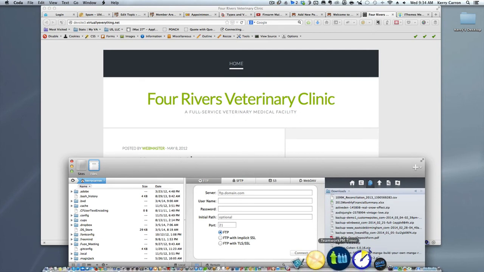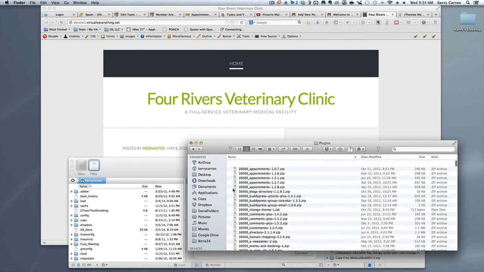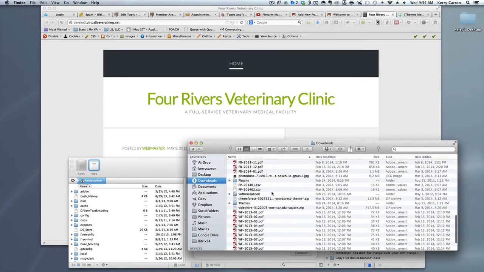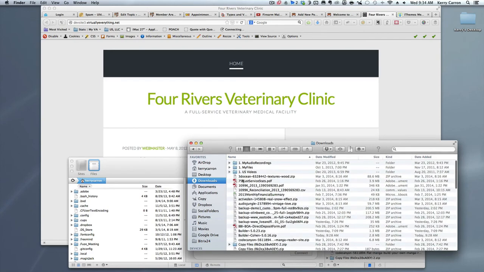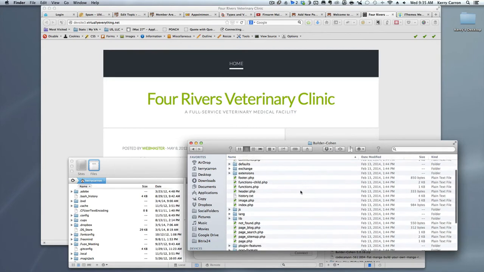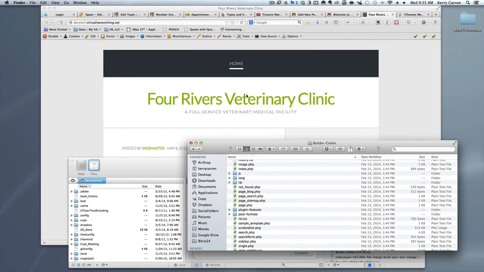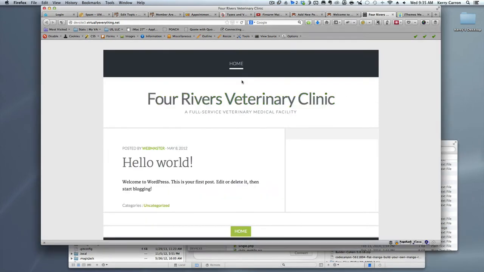Oh, I guess I need to open it first. Let me get my other one here. Wait, I have that open already. Let's go here. Downloads. Builder Cohen. I'm going to unzip it. And when I go in the folder of Builder Cohen, obviously I see all of the files that are for the parent theme. Okay. Now, when we're in the back end of this here,